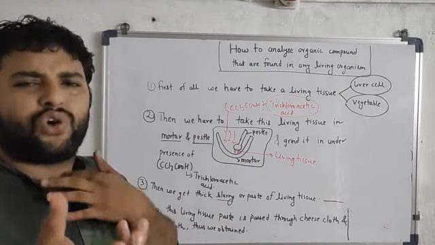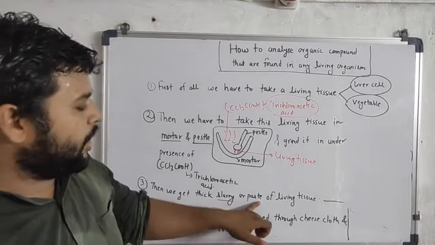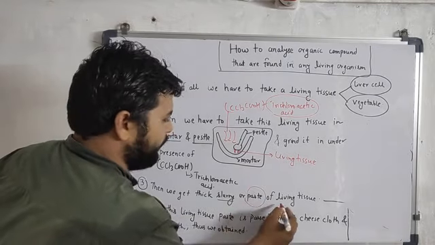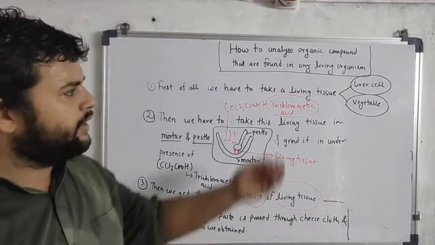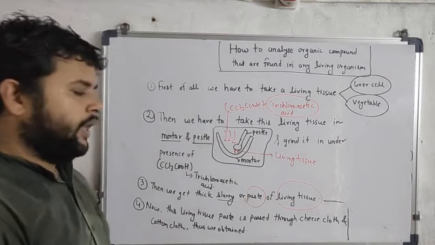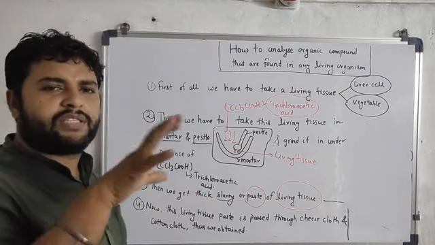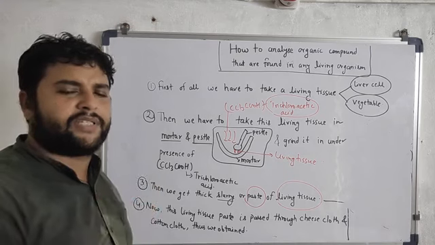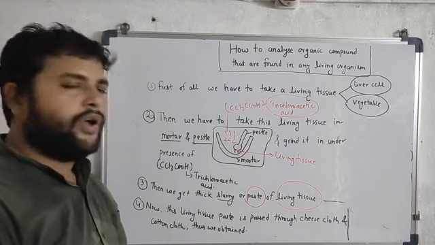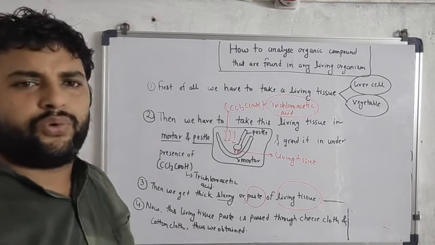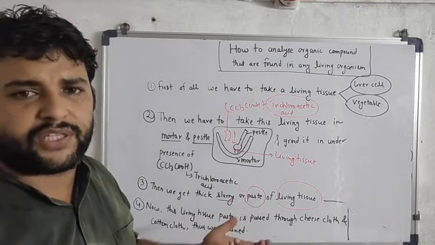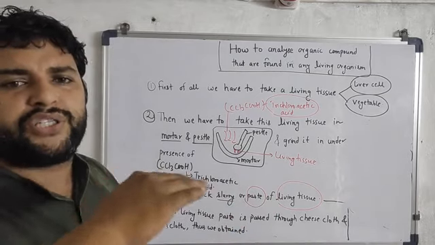Slurry basically means solid plus liquid components, or paste. Simply, we can call it a paste of living tissue. It may be vegetable or it may be liver cell, as you wish. Now when this slurry is obtained, as I have mentioned, it contains both some solid part as well as some liquid-like particles. Now try to pass this slurry or paste of living tissue through the cheesecloth